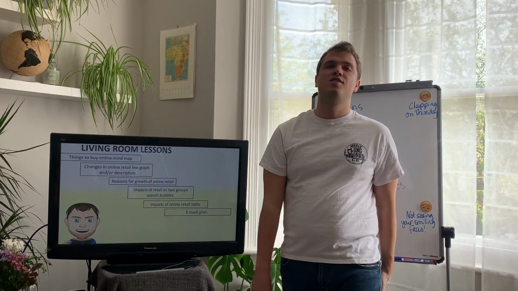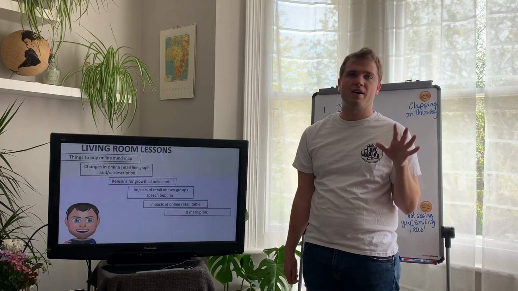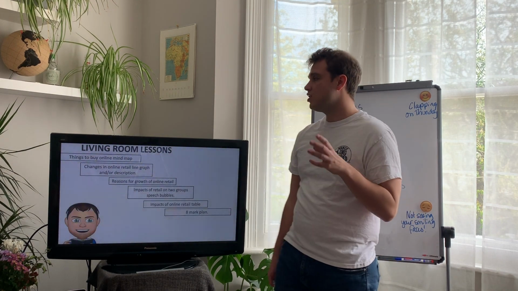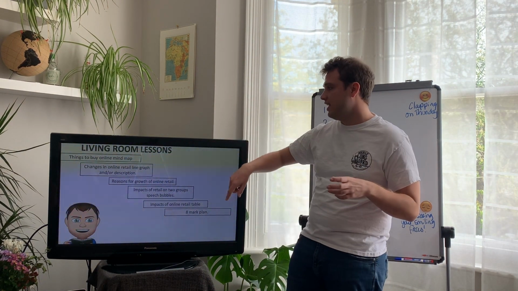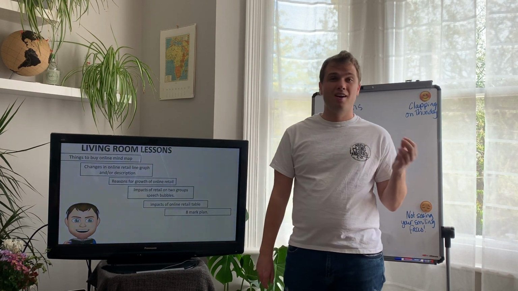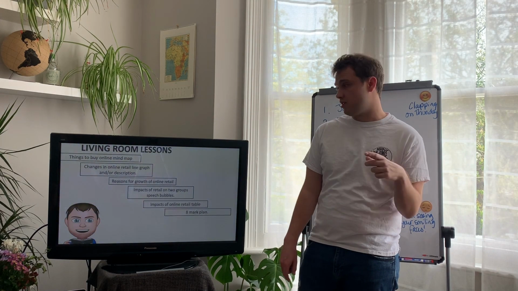Okay, we are at the end of today's lesson. As I said, hopefully that was shorter than your first lesson. They normally will be about 20 minutes long, okay? So what you should have in your books today is the things people might buy online in a mind map or in a list, the changes in online retail line graph and or description. So if you've done the line graph and the description or just the description,